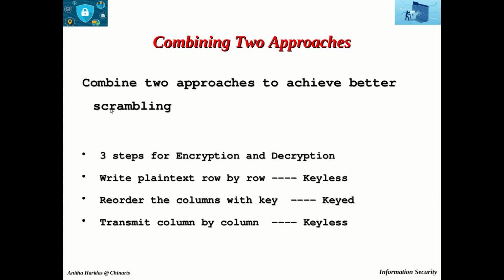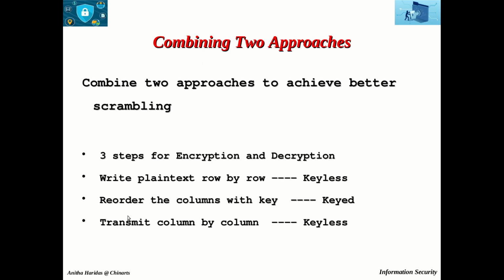Both encryption and decryption are done in three steps. In the first step, the plain text is written row by row. So this becomes a keyless transposition cipher. Then we reorder the columns with the key, so it becomes the keyed transposition cipher, reordering the columns.